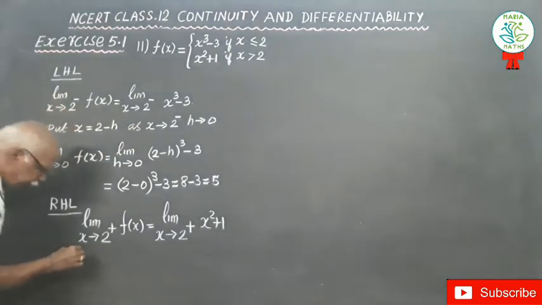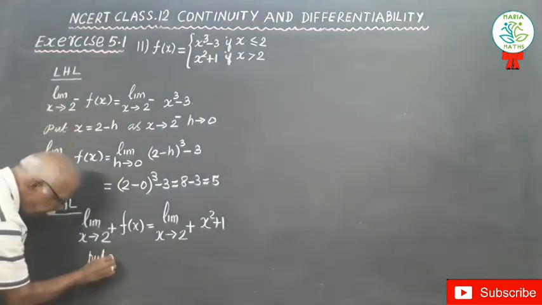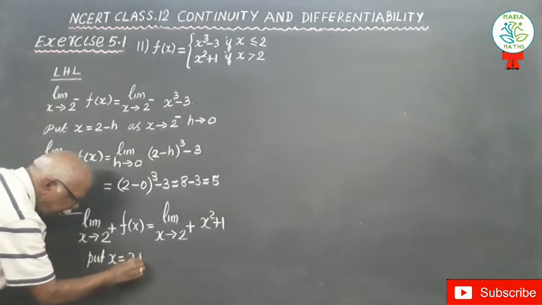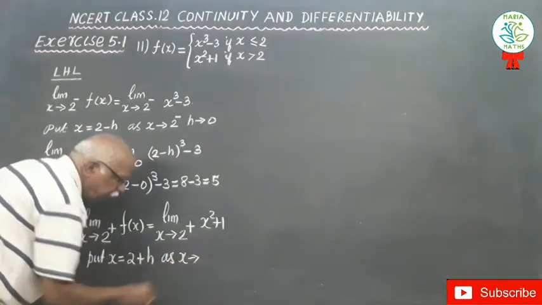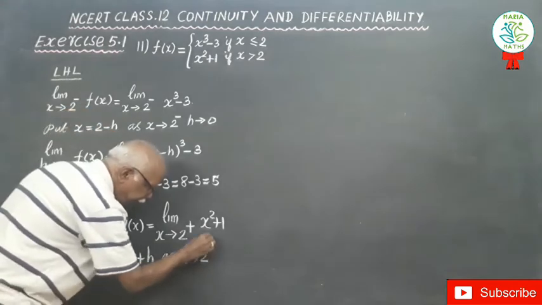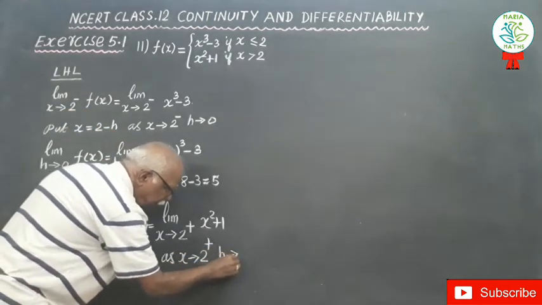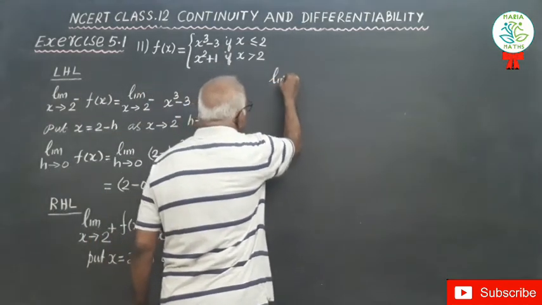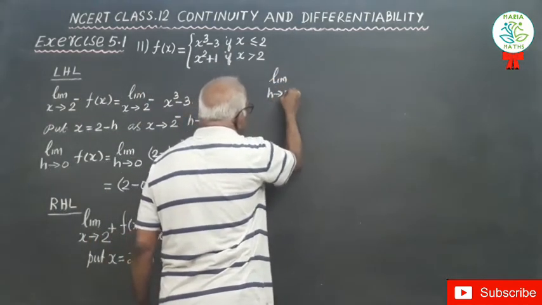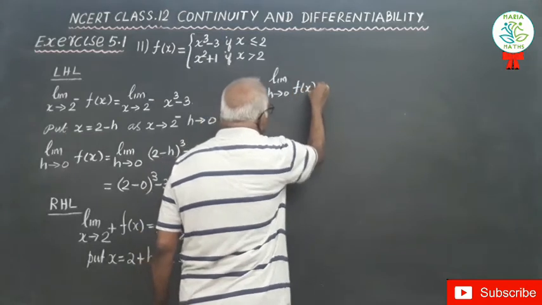Now put x is equal to 2 plus h. As x tends to 2 plus, h tends to 0. Limit h tends to 0, f of x is equal to